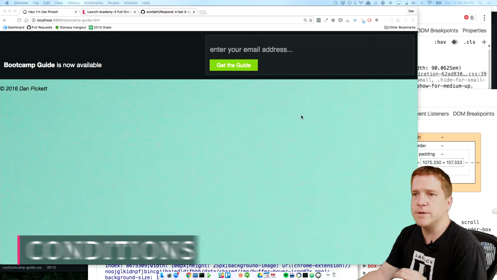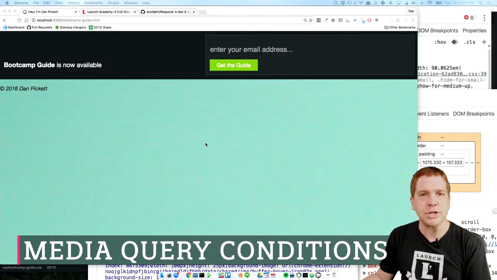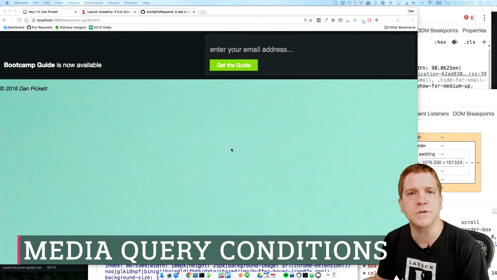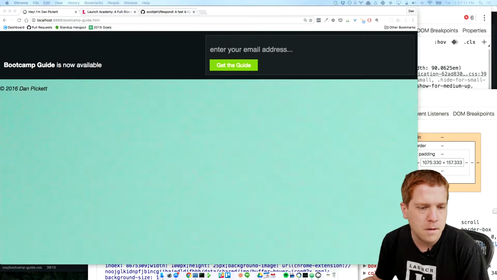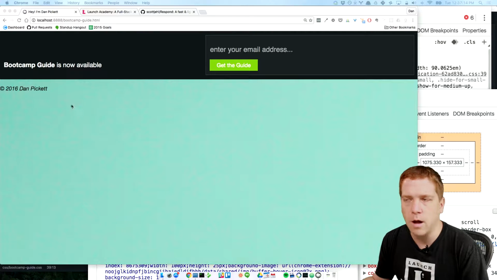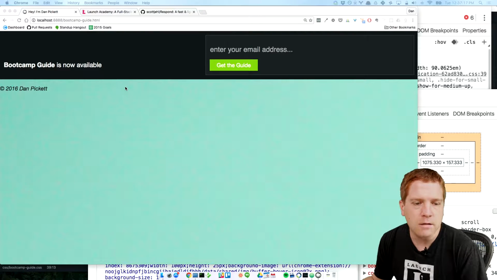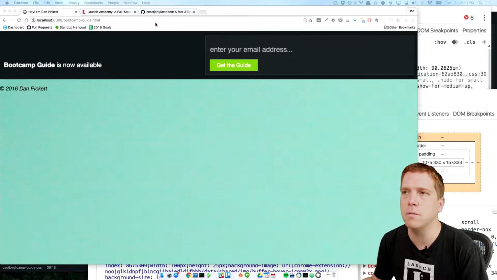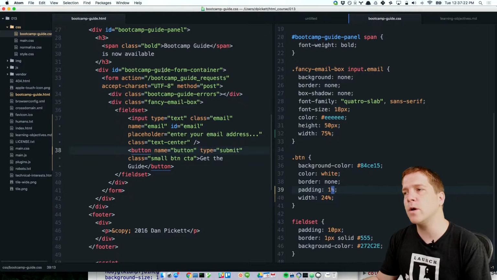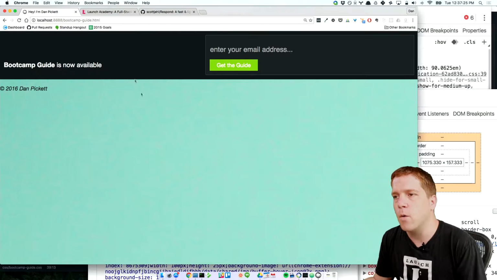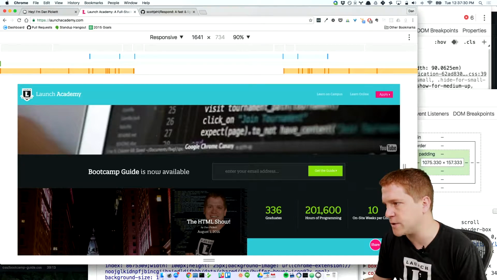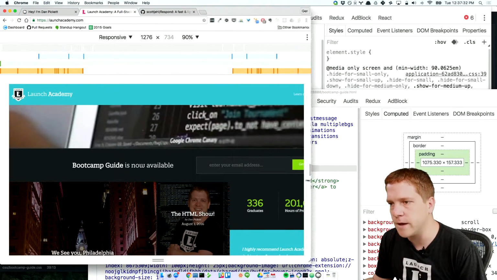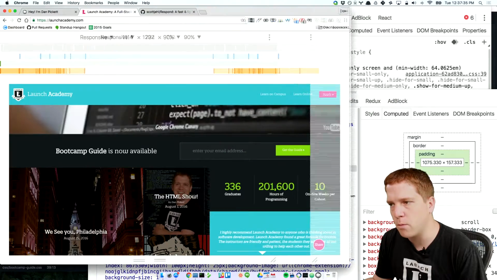So with media queries, what we can do is specify conditions and nest CSS rules under those conditions to basically target various resolutions and capabilities of our web browsers. Before we dive into the specifics of setting up our media queries, let's decompose what a typical media query looks like. So if we were going to handle for this behavior and get the same behavior as what we see here in the context of the Launch Academy website,